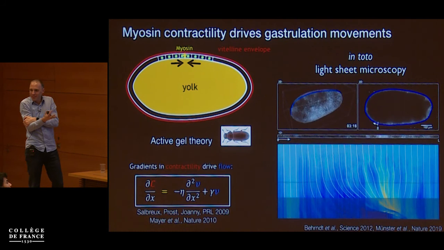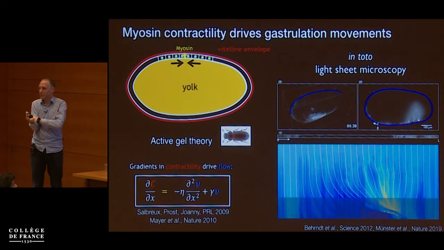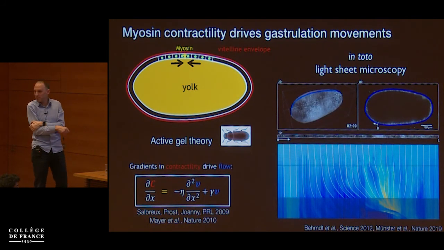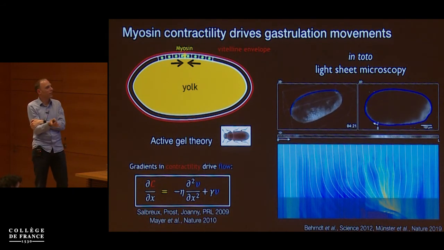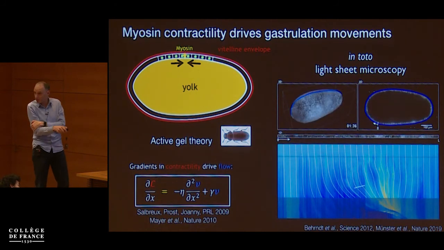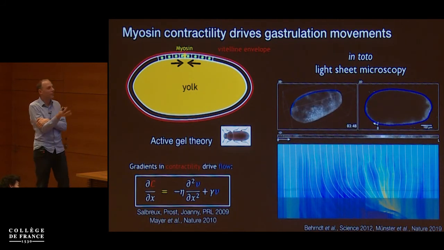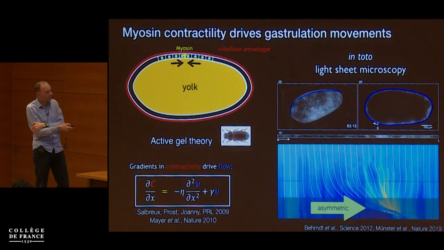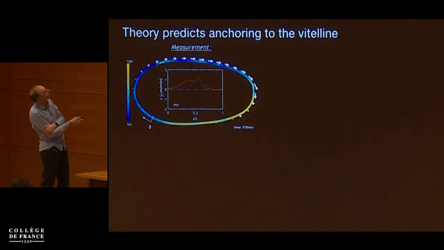So we thought, well, again, this is just actomyosin contraction. It's an active material. ATP consumption by myosin drives forces. These cells are connected, so forces are transmitted across the connections. We should be able to take these simple descriptions and predict the flow field from the myosin distribution. So what you're seeing here, in fact, in blue is the myosin distribution. Can we predict the flow field, this 1D flow field, from this particular myosin distribution at each point along time, along the circumference? So we set out to do this. This is the measurement. So this is, for one point in time, the flow field. You see all the flow values are positive, which means it's unidirectional, which is the thing that got us excited at the start.